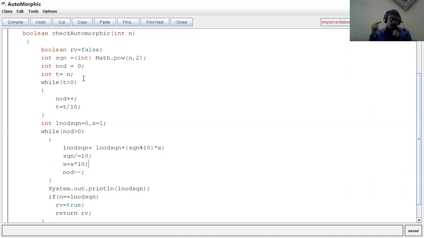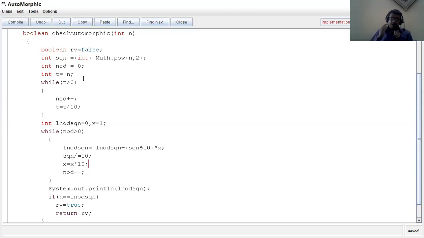Now when I go back and the while loop is executed, last digit is how much? 5. Last digit of the square number is 5, plus 62 divided by 10 is equal to 2 as a remainder. 2 into 10 is 20. 20 plus 5, 25. Now I got 25. You see here how I am doing this, square into 10. And then when I get 25, my square number will reduce. It will become 6. X will become 100.